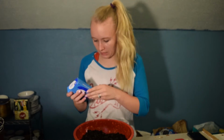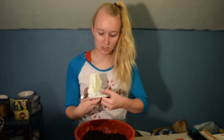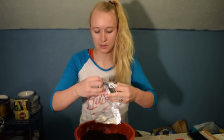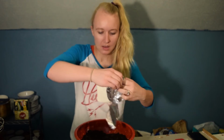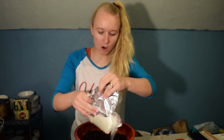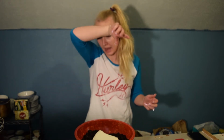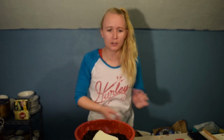This one time when I was a kid, my mom gets home from the grocery store and she gets cream cheese, and we're going out hiking the next day. I don't remember where exactly, but I saw this cream cheese. I was like, ooh, I love cream cheese. And so I opened it and ate the whole thing by itself, all in one sitting. I don't know what I was thinking, but I got such a bad stomach ache that when we went hiking, I was like, Mom, I don't feel good. She's like, what'd you do? I was like,